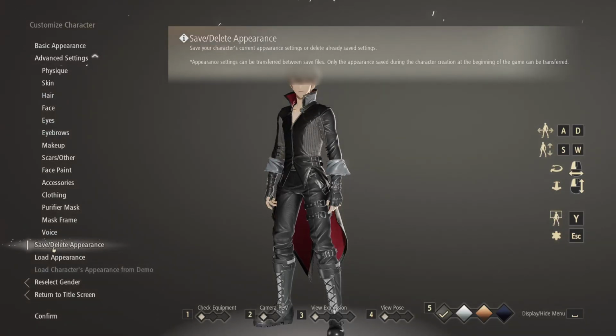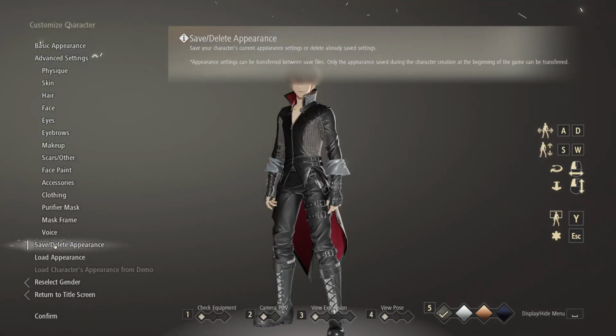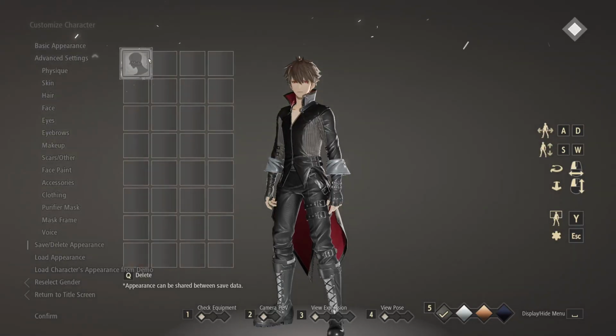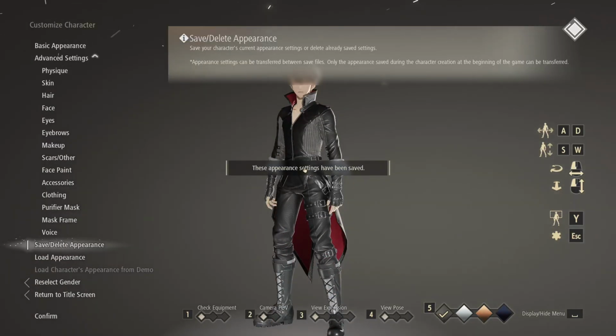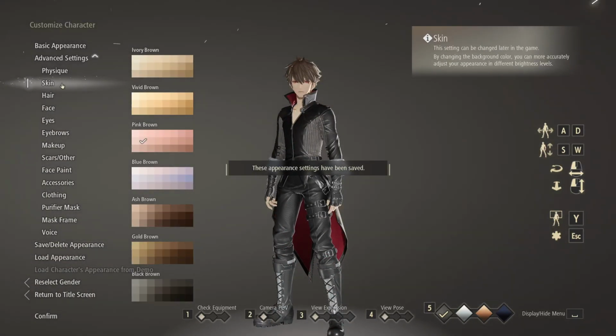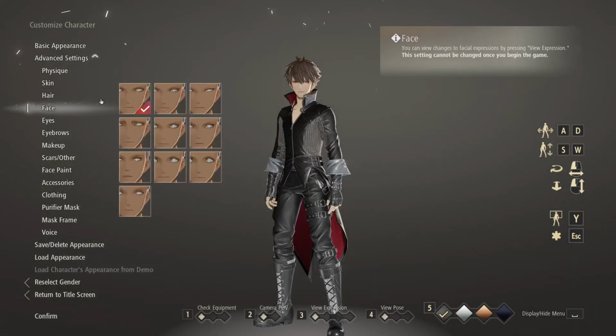Okay. Save your character's current setup, the settings, or delete already saved ones. That's good. That is nice. Save there. Bam. Can we override it? Yes. Okay. Because it can take a while, and we don't know how stable the game is, so...